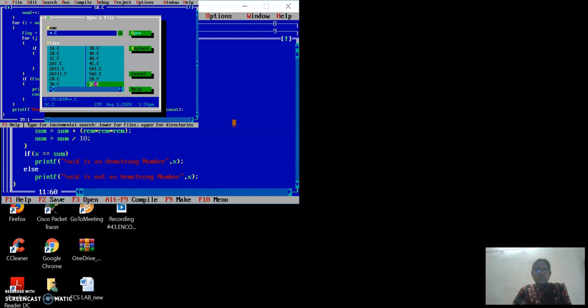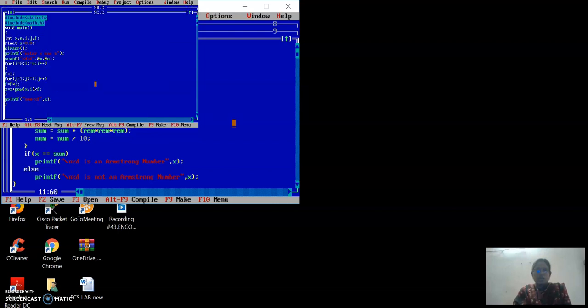The last program in this fifth task is the sum of the series. Here I have not specified the series. The series will be like this: 1 plus x by 1 factorial plus x square by 2 factorial plus x cube by 3 factorial and so on. So here I am going to accept two values, the x value and the number of values, that is until which term I have to perform. So the x value and n value I am going to take here.